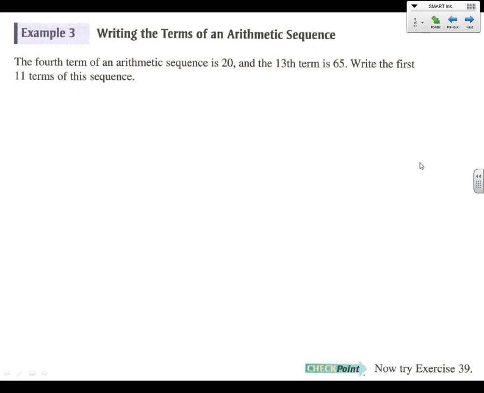All right, fourth term of an arithmetic sequence is 20. The 13th term is 65. So let me write these down. Let's see, fourth term. A4 is 20, and A13 is 65. All right, so we have to ask ourselves, how many jumps have we made to go from 4 to 13? So 13 minus 4 is 9. Okay, so 9 intervals